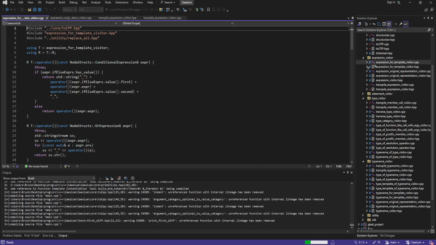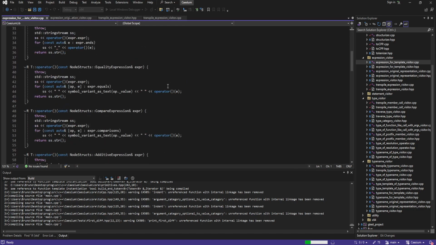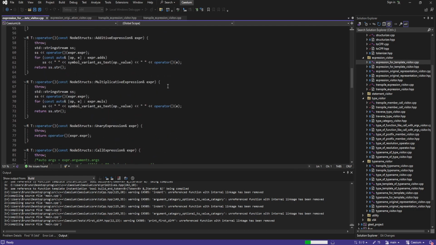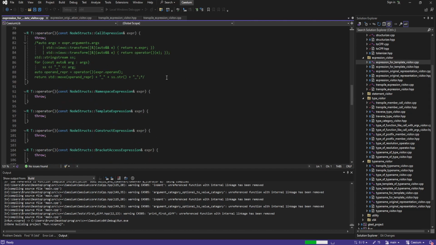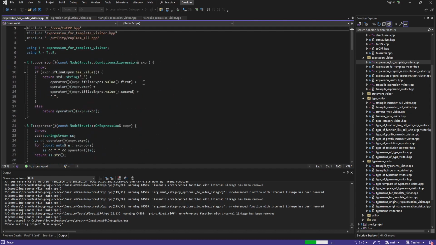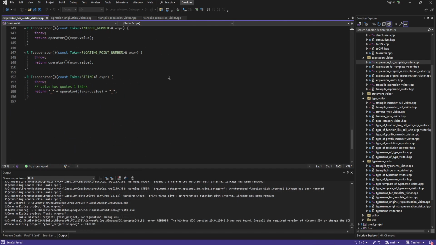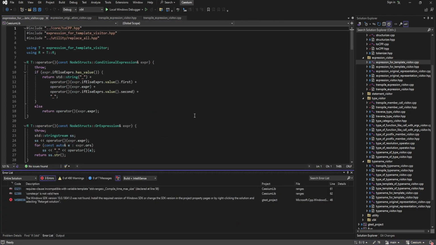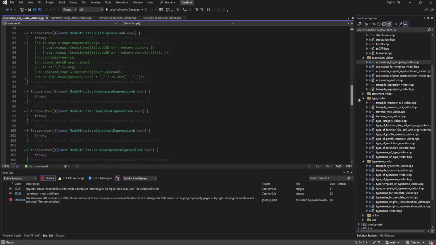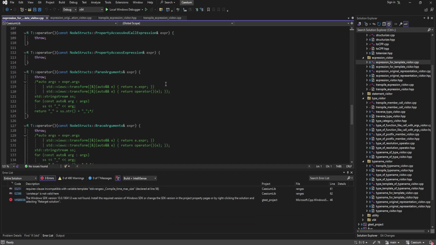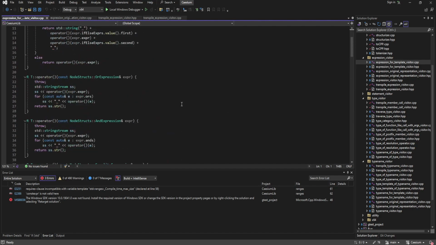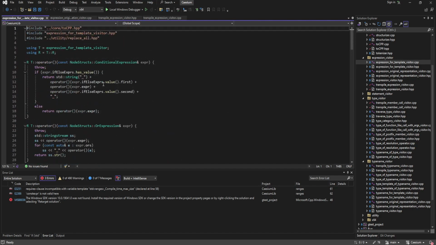Now, the other one, expression for template, is essentially, I don't transpile templates into C++, I expand them before. And so I try to always do that the same way. But right now, this is absolutely one of the worst parts of the transpiler, that the way that the template names are produced is absolutely terrible. I don't even know if any of this code is getting called, and there's a lot of conflict between this and the type name